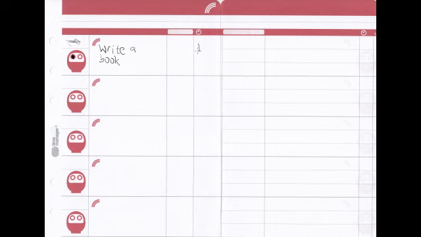It doesn't have to be an exact date in a month. I just put down the month and the year, and that's good enough for me. And then you can subdivide that goal into 3 sub-goals, if you like, that sit under that main goal that you've written down. So in the case of, let's say you wanted to write a book, you could put down, okay, I want to